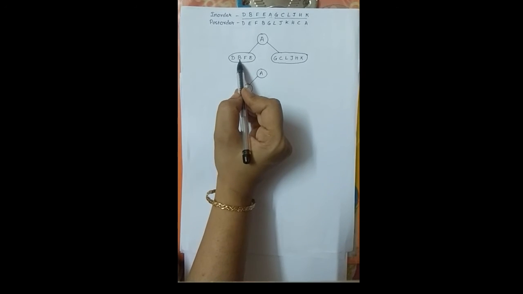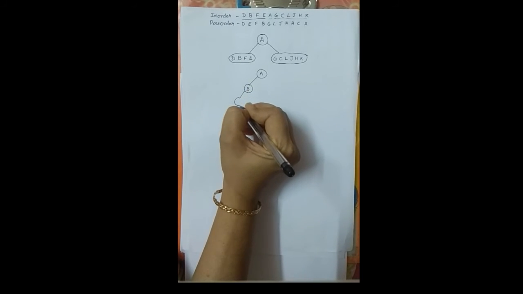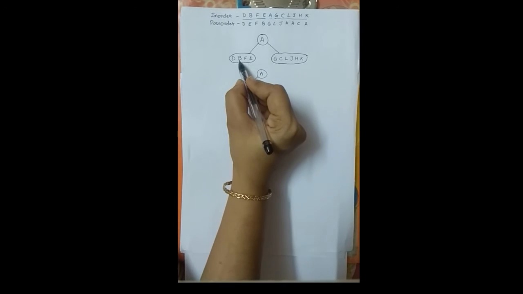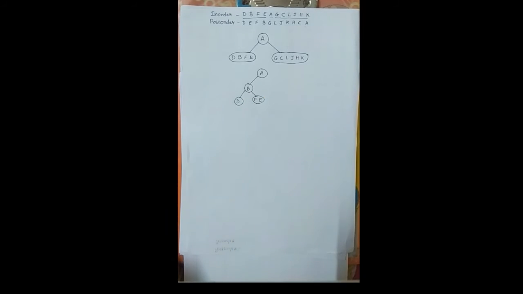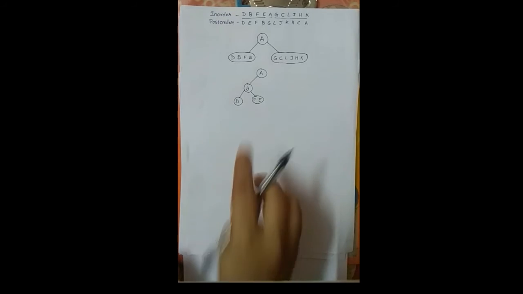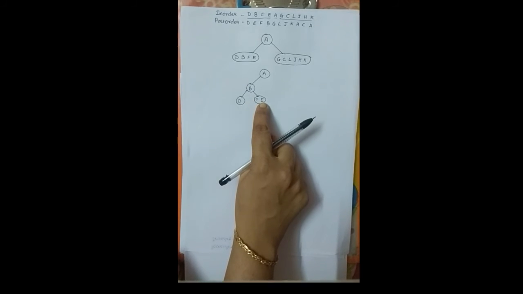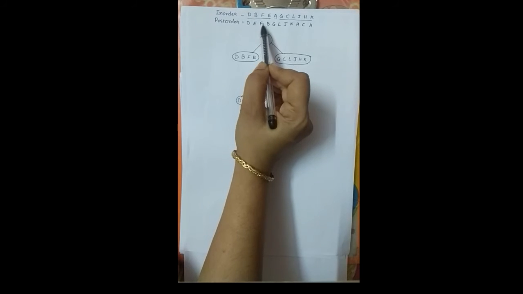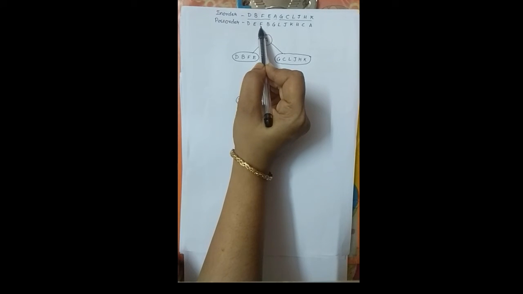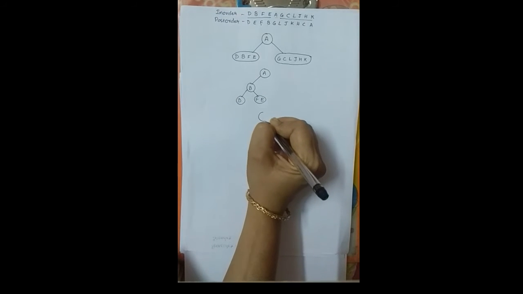We will follow the same rule. On the left of B, whatever values we have will go to the left, forming a single node D. Whereas on the right of B, we have got 2 values F and E. So I will write it as F and E together. Next step would be expanding this node. Let us locate the characters F and E inside our post order. So I can locate it over here in the sequence E and F. F is processed at an end, indicating that F is a root of this subtree. So we will expand it.